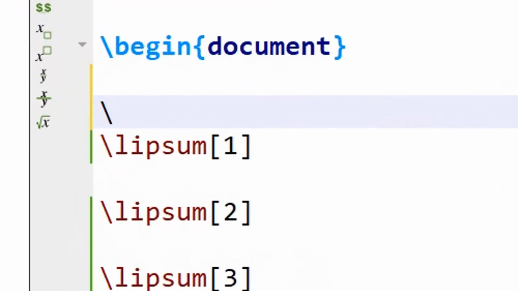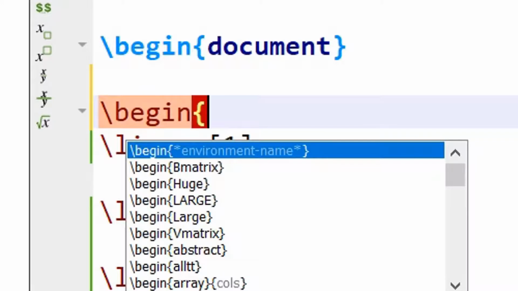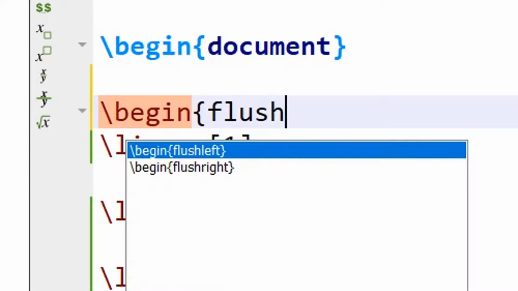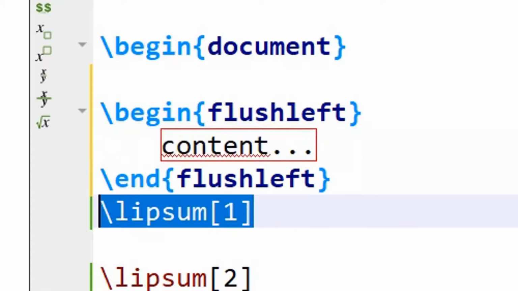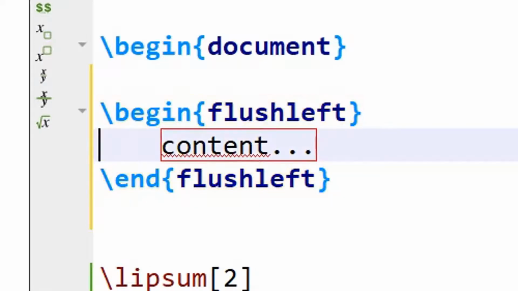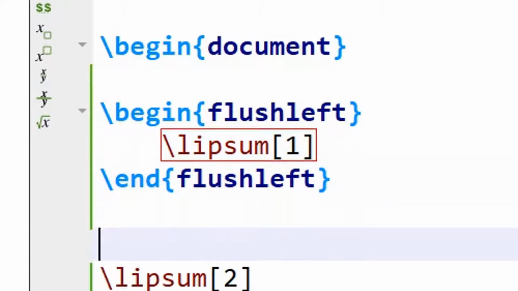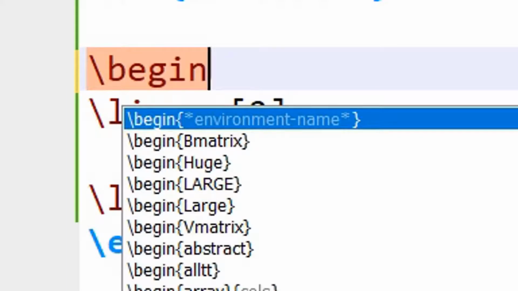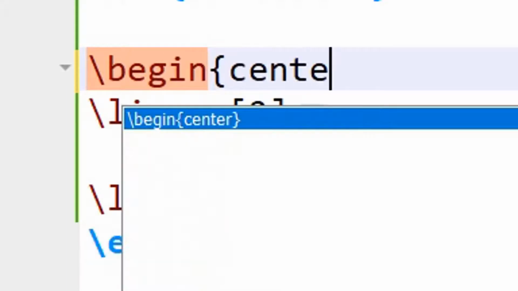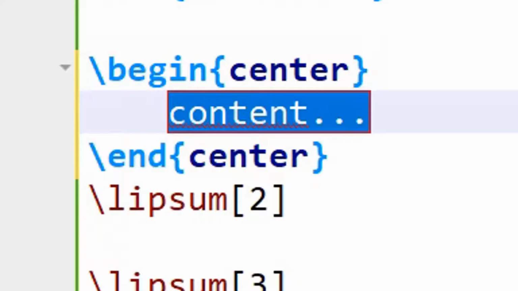For achieving this, we need to use one environment called flushleft and put the content into the environment. And I want to put lipsum 2, that is the second paragraph from the lipsum package, as center alignment. For this I need to use center as an environment.